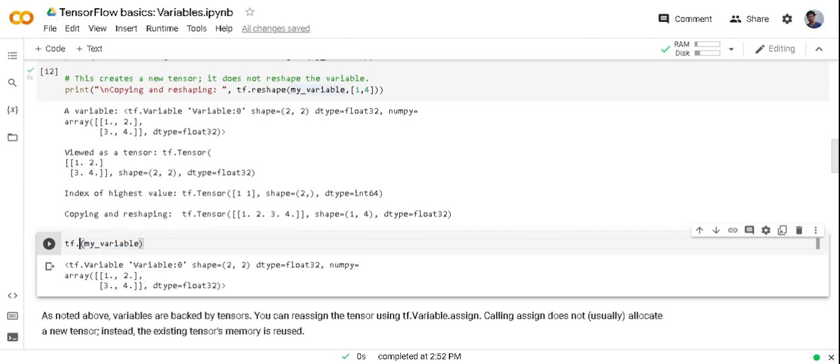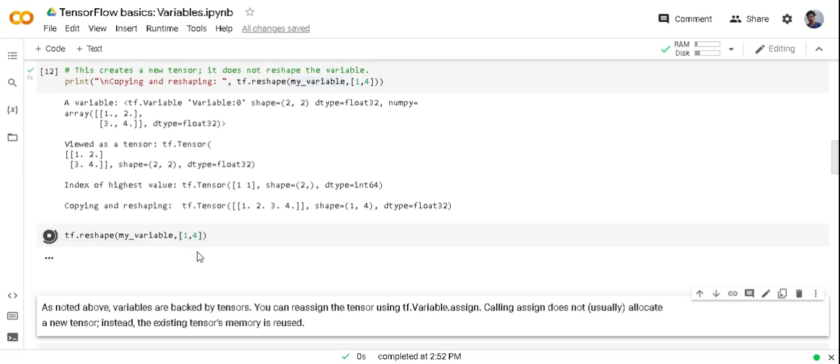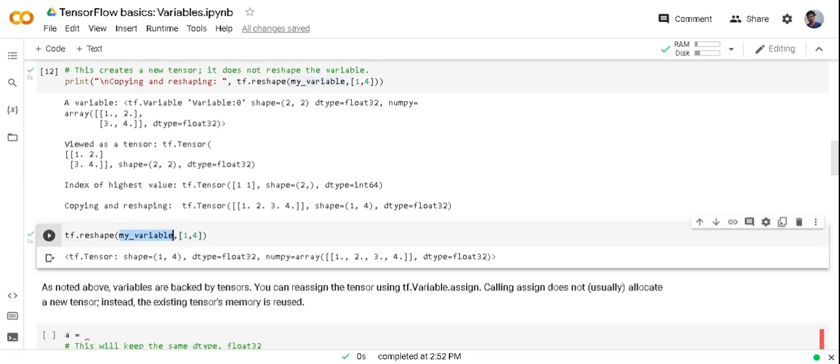As I reshape this variable to 1 by 4, this variable is converted into tensor and reshaped into 1 by 4. And my variable is not changed. It's just after reshaping, it is allocated into new memory and changed into tensor and shape is changed into 1 by 4.